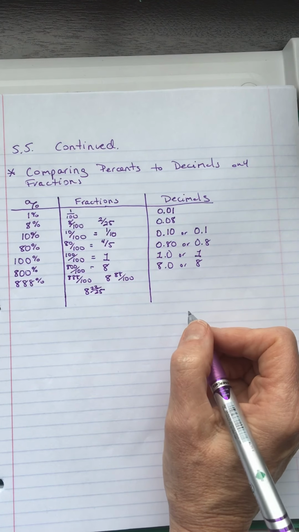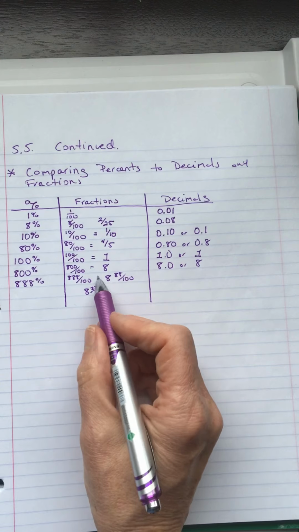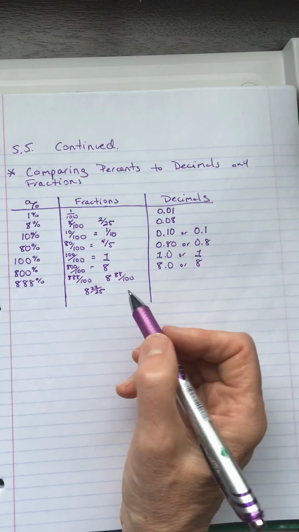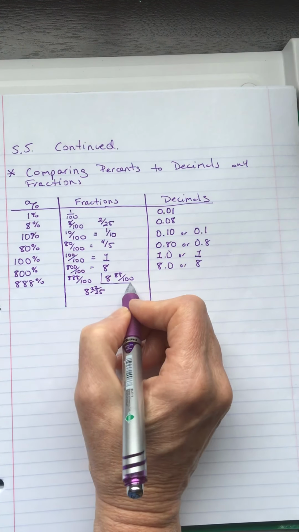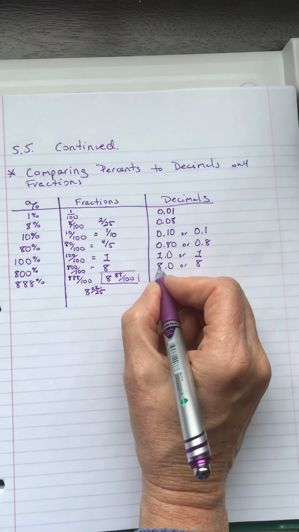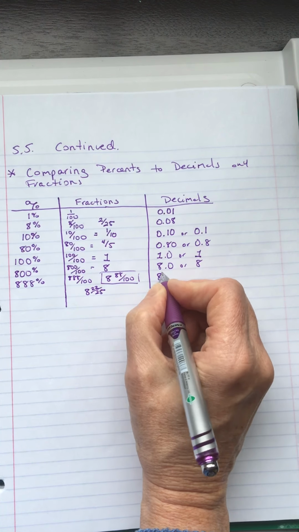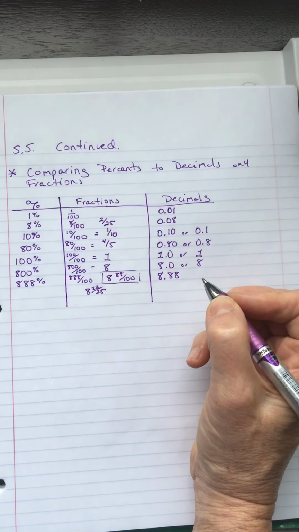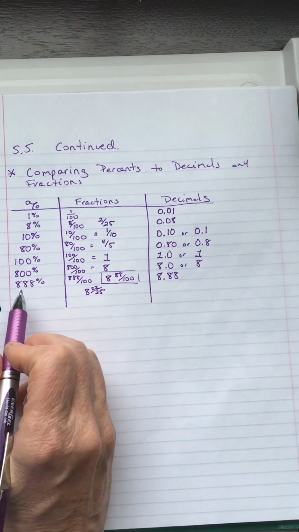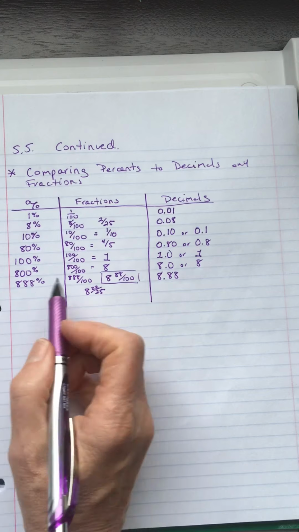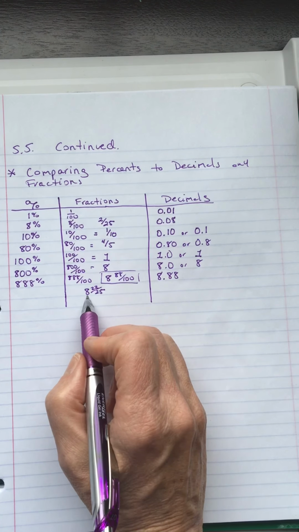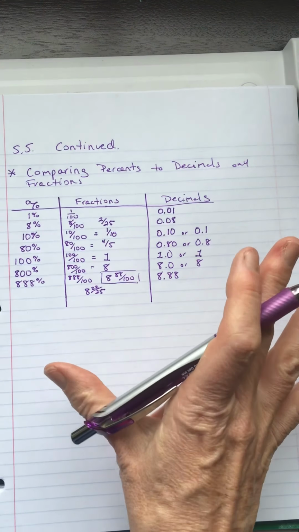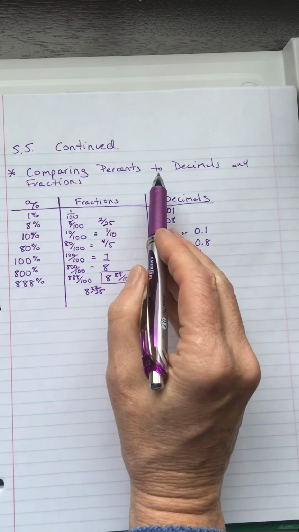Okay, now thinking about these fractions, which one seems like it would translate to a decimal the best? I think this one, okay? Because I've got my 8 is my whole number, which looks like that right there. So that's 8. And 88 out of 100 is going to look like that. So that would be our decimal equivalent to 888% is 8.88, or 8 and 22 25ths, or 8 and 88 over 100. That's it for comparing percents to decimals and